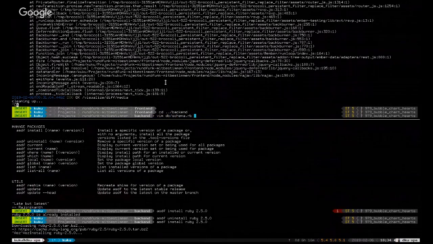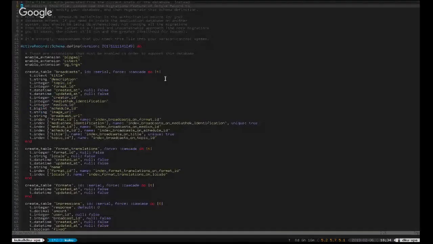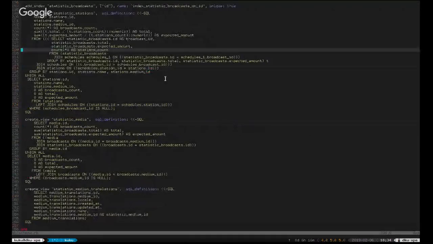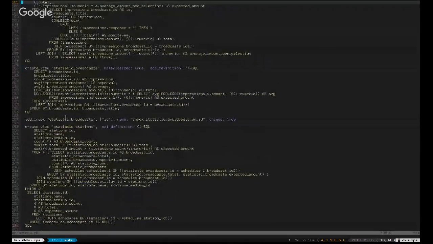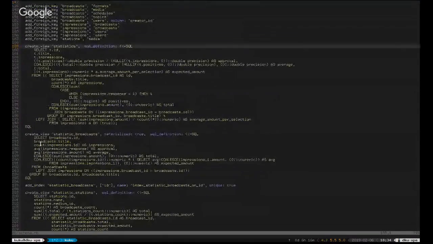DB. So if you go to the bottom of the schema file, you have lots of statistics for broadcasts, and I think that's used for all the visualizations. Am I right? These are database views. We are using database views to have an easy way of using the power of SQL and the power of Rails. If you have just tables, Rails is awesome. So sometimes we want to have aggregated data, right? For each broadcast, we want to have the number of votes, we want to have the number of